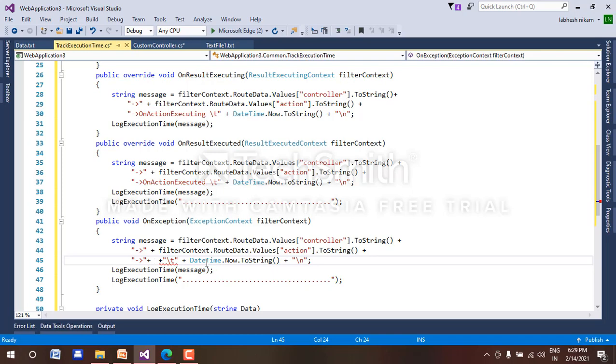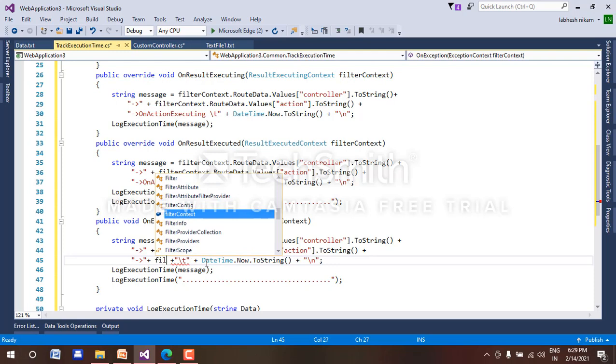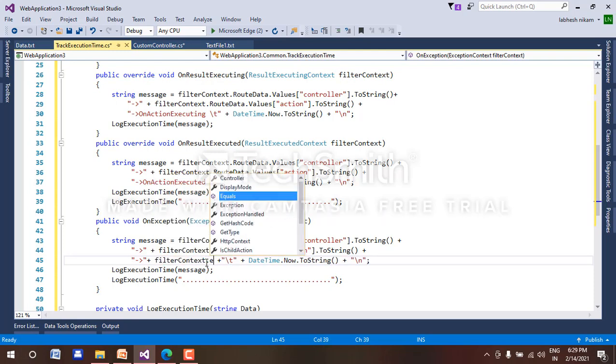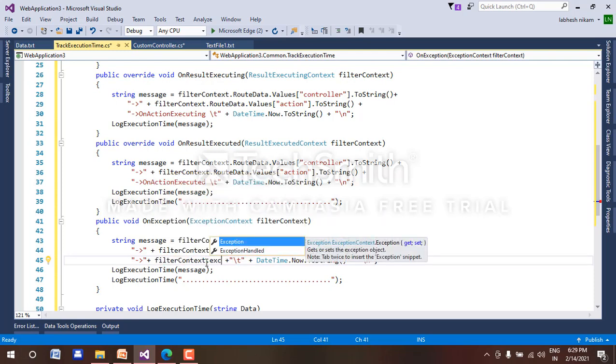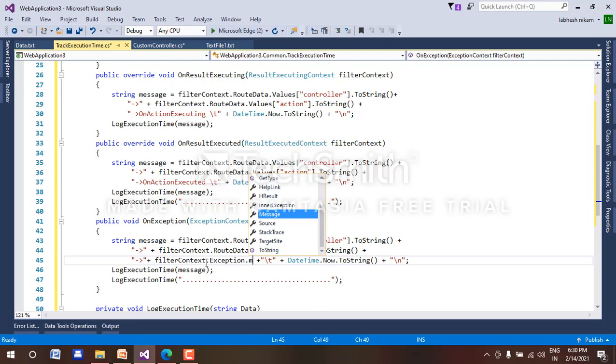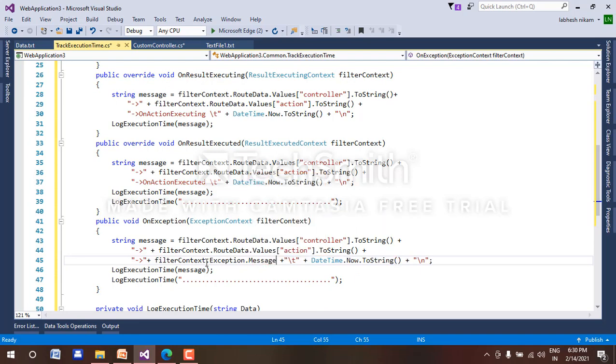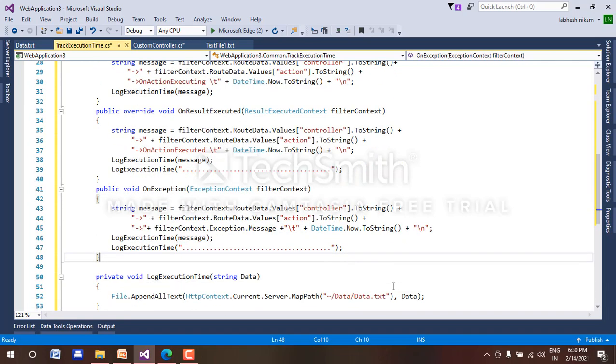Filter context dot exception dot message from the system, right? It's okay now. Okay, let's check the code.